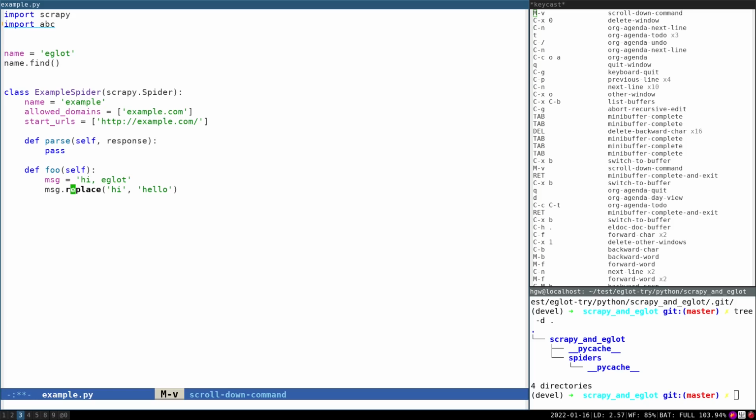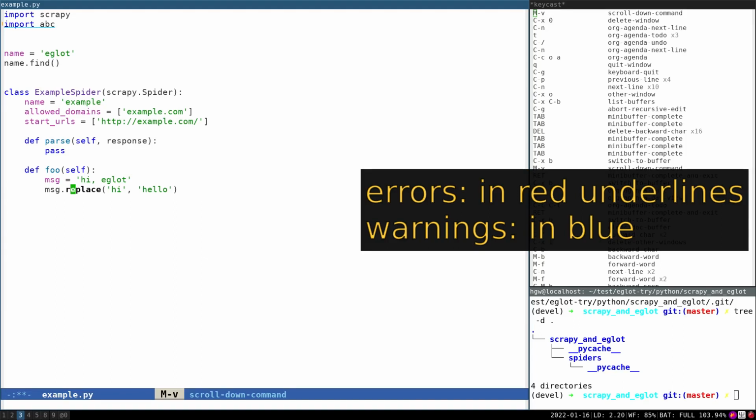When there are problems, or diagnostics in Flymake's terms, the language server will notify Eglot to mark the problematic code with wave underlines, taking advantage of Flymake. There are basically two types of diagnostics, one for errors in red underlines and another for warnings in blue underlines.